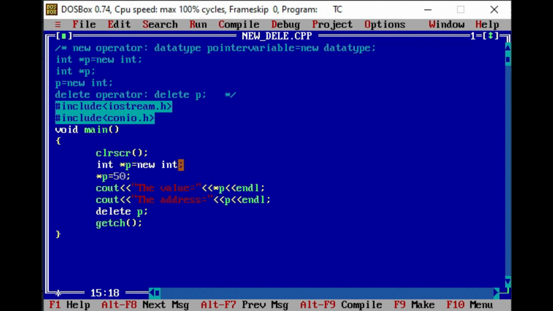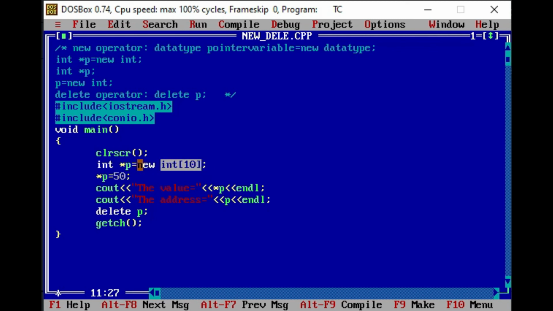Now if I want to allocate memory for 10 elements which are of integer type, then for that I need to specify in square brackets the number of elements. Suppose I am writing 10 here. That means memory will be allocated for 10 elements. For one integer we need 2 bytes, so for 10 integers we will need 20 bytes.